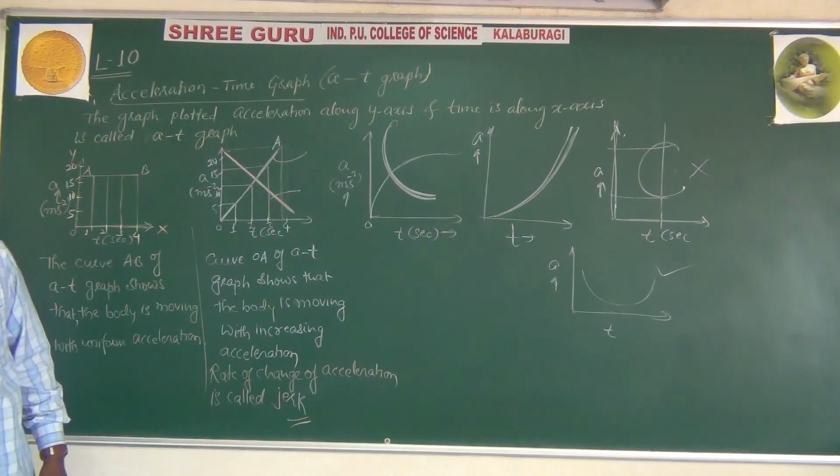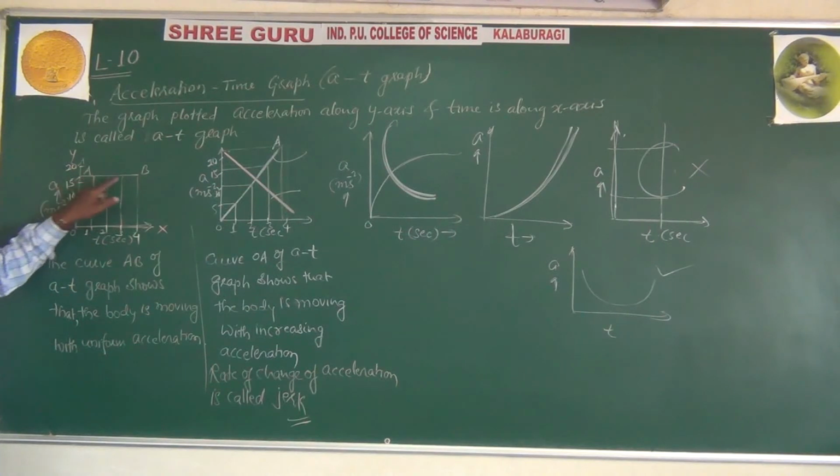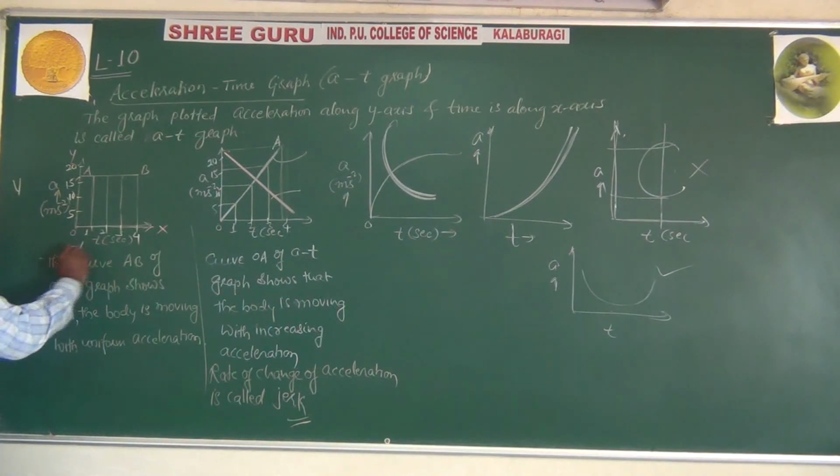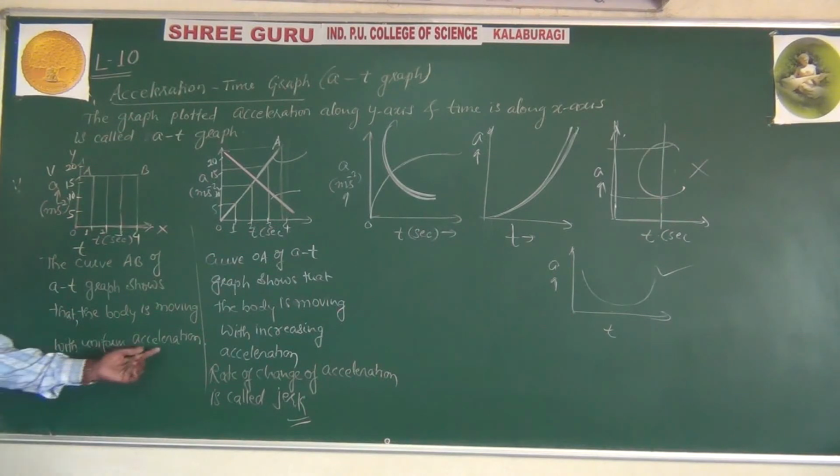I think whether you remembered it or not, I cannot say perfectly, but one of the graphs I plotted this time, AB curve, is parallel to the time axis for velocity against time. And this AB curve in case of velocity time shows that the body is moving with uniform velocity, not acceleration, uniform velocity.